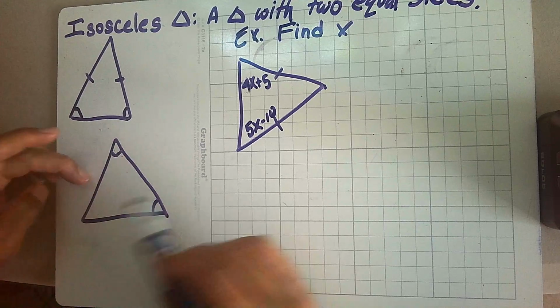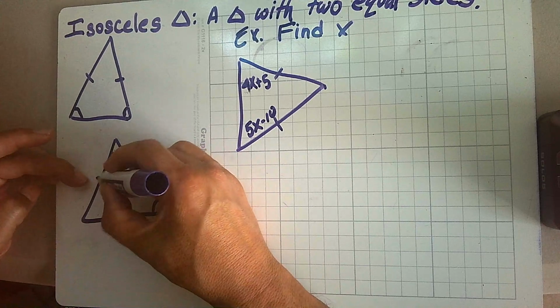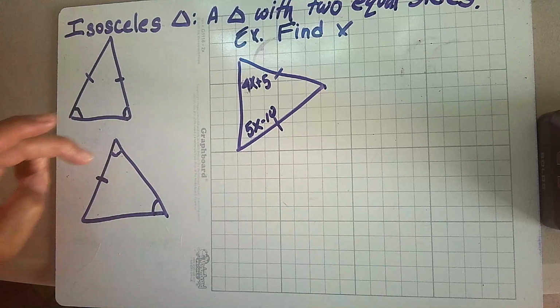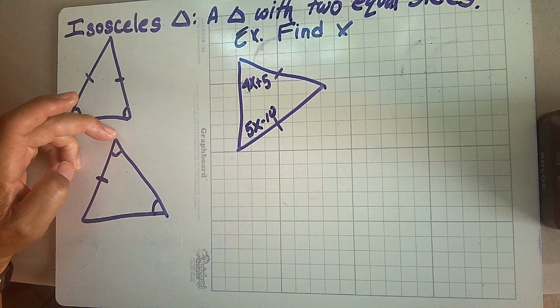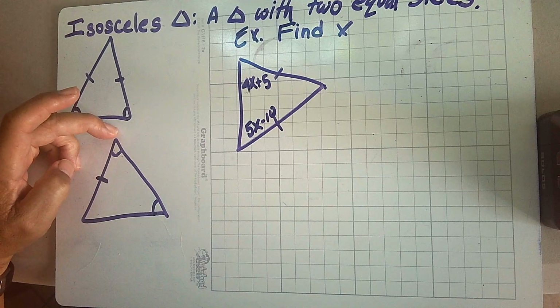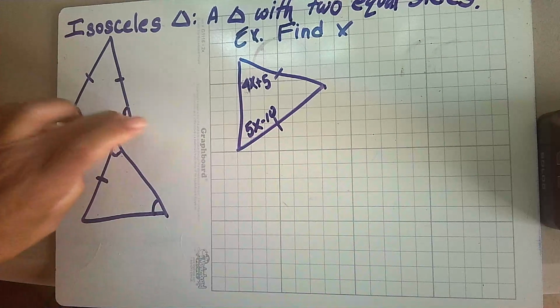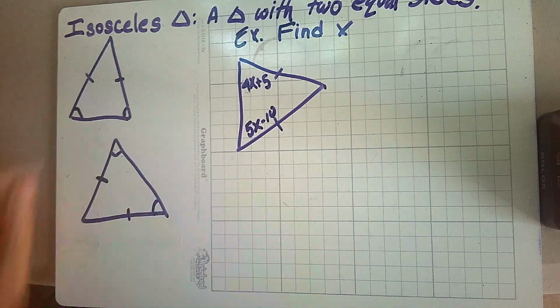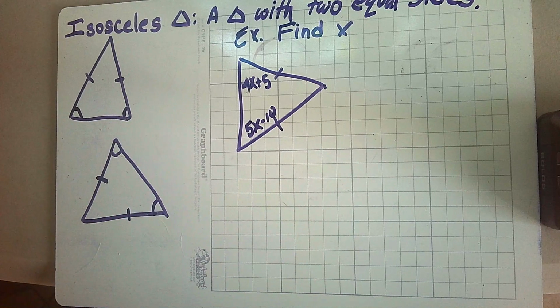Opposite means this one, the one that is furthest away. So this angle will be equal, this side will be congruent to the side that is opposite to this angle. What side is opposite to this angle? These two are right next to it, so the one opposite will be this one right here. So they usually give you the angle or the sides, then you find the opposites, and they would also